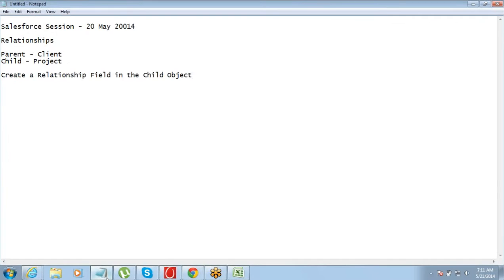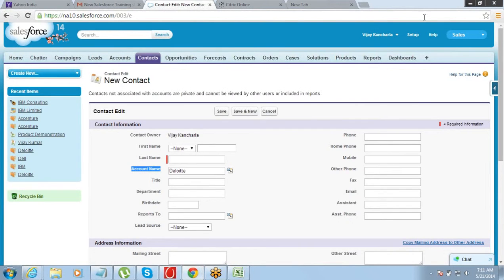So what we need to do? We just need to create a relationship field on the child object. Which is my child object here? Project. Yesterday we created project and client, both the objects, so I already have this object. I need to go and create a relationship field there. Let's go and create.